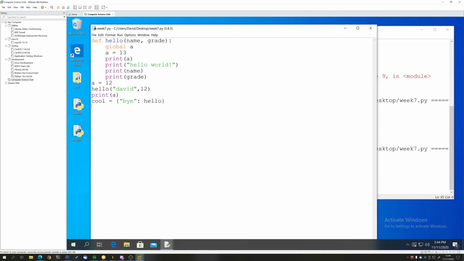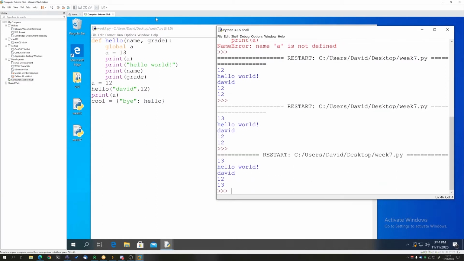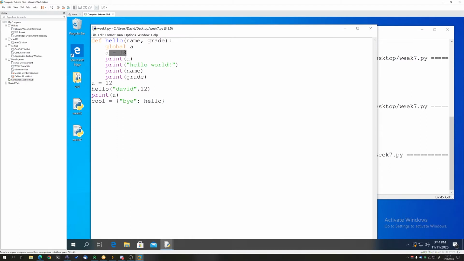So once we do this, we'll actually be able to modify that within the global scope. And after this, you can see that we can actually change a directly here. Now just keep in mind though that this is in regards to setting the values of variables. If you aren't using the equals, you don't need this to be global.